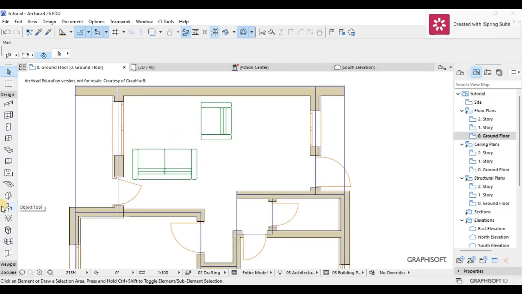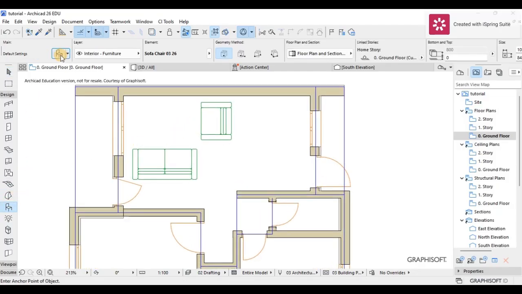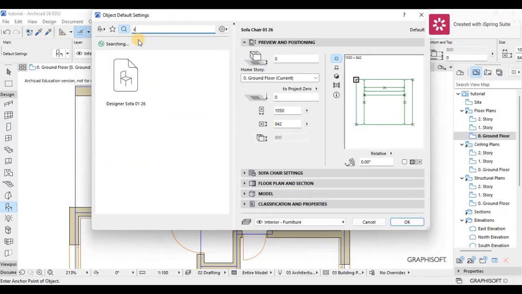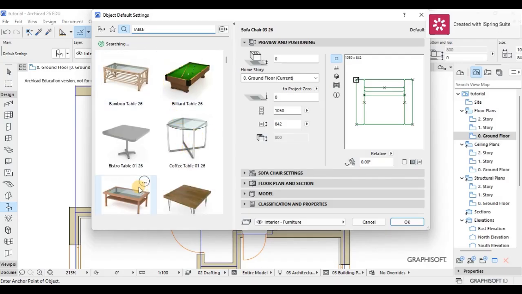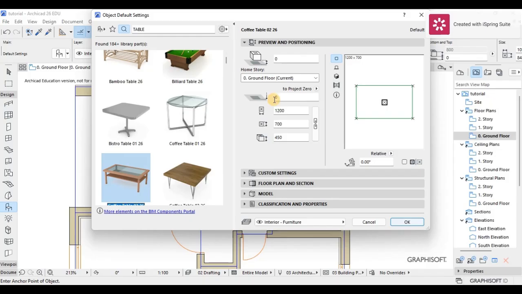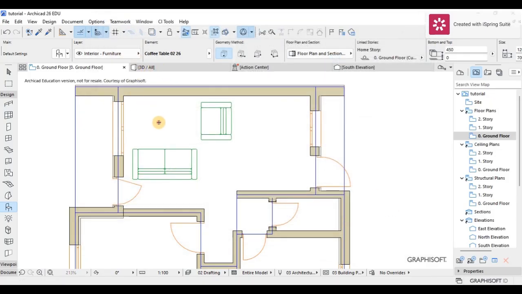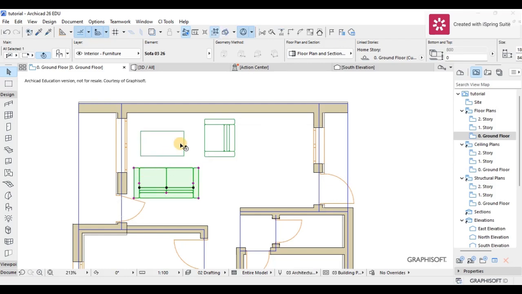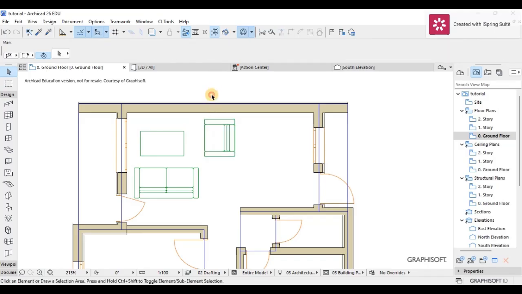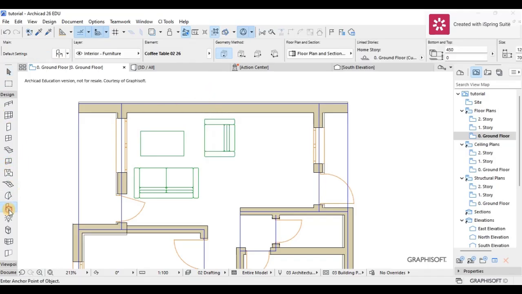That done, I can just put a table. Let me go here and search for a table in the objects. Let me search for a table, maybe something simple, maybe this one, and then I can make sure it's at 0, and then I'm just going to place it here. So you have something like this, and I'm just going to drag it back a bit so that you can have that space there. And we have a space for our TV,